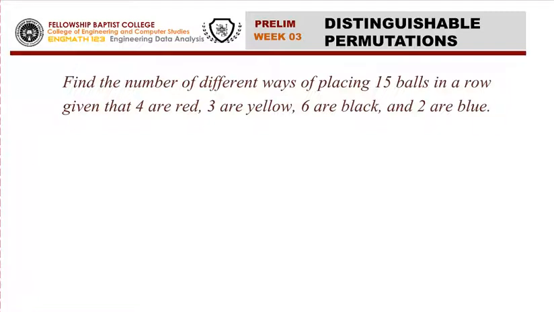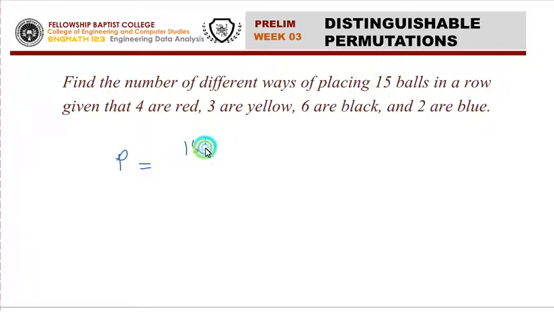So by formula, kinahanglan talang kaon kung pila tanan ang total permutation. So distinguishable permutation naton will be equal to total permutation, that is 15 factorial divided by, so apat ka red, we have 4